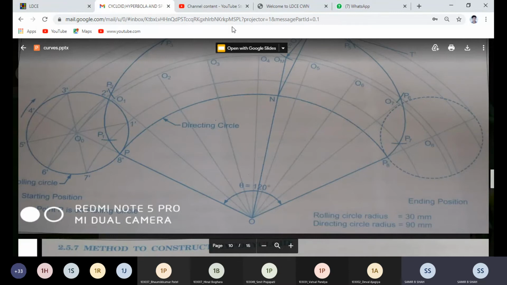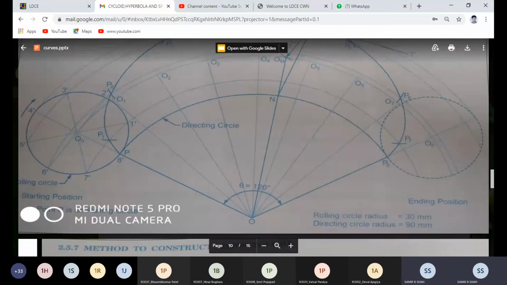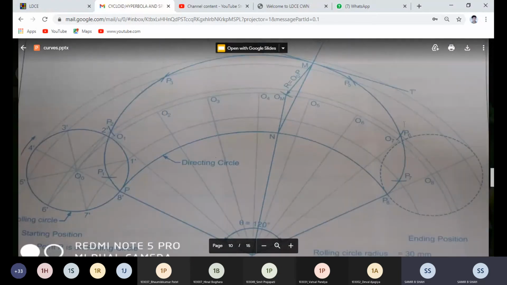Now the same method which we follow in the cycloid. Every time my center may be changed, that is O1 to O8, which I already created, but the radius is equal to my rolling circle, that is 30 mm. Okay, so O1 is the center which may intersect 30 mm on one number R, same way O2, O3, up to O8. So you get P1, P2, P3 up to P8. And now join all the P points, which is the required epicycloid.